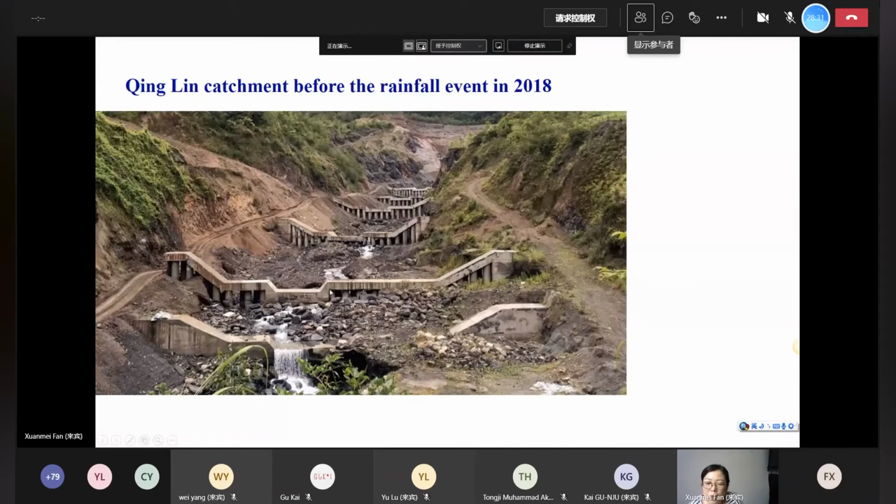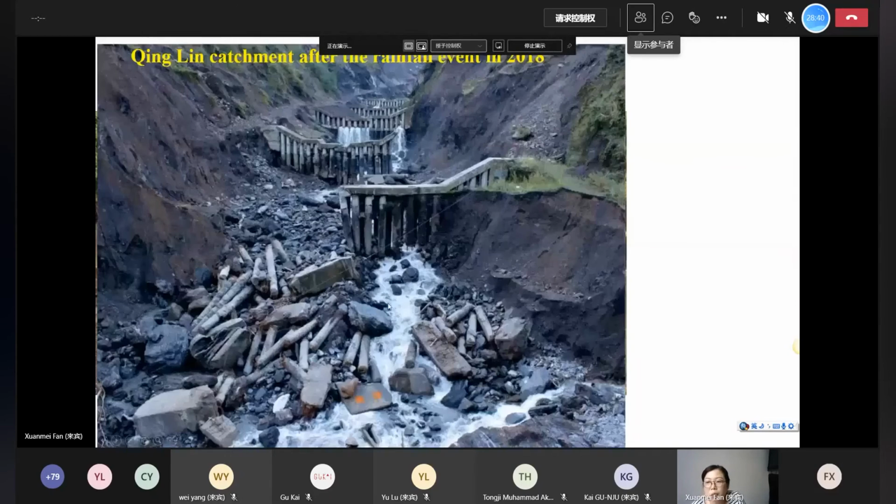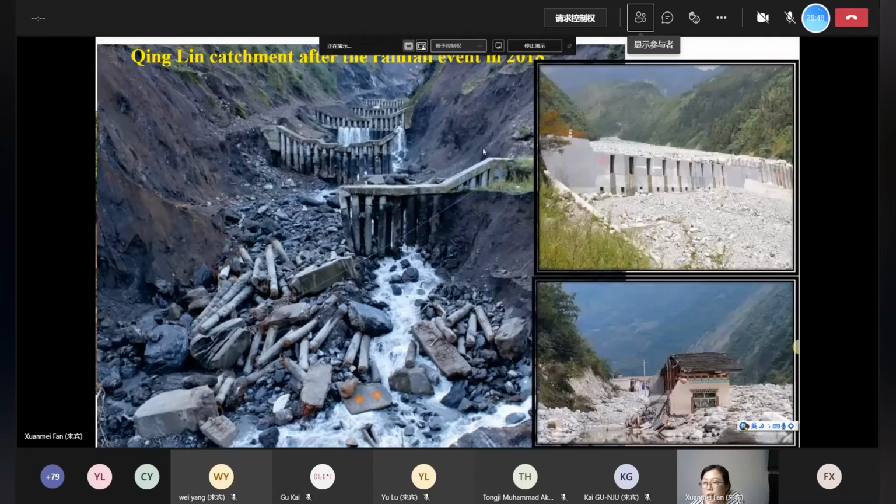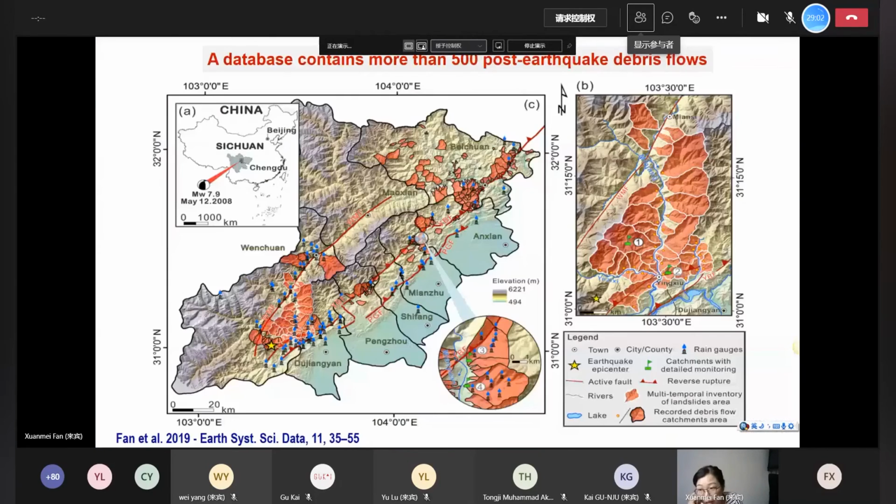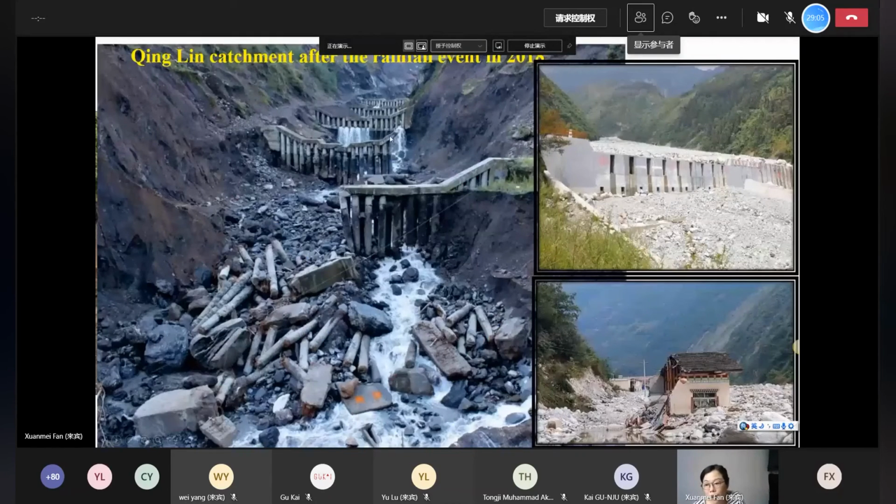After the earthquake, our government constructed check dams trying to stop this kind of debris flow, but some of these mitigation works were destroyed because the activity was so strong, and some check dams were filled up by debris. So from this, you may have a feeling that we probably underestimated the activity and the magnitude of these debris flows in the first few years after the earthquake, when we started designing this mitigation work.